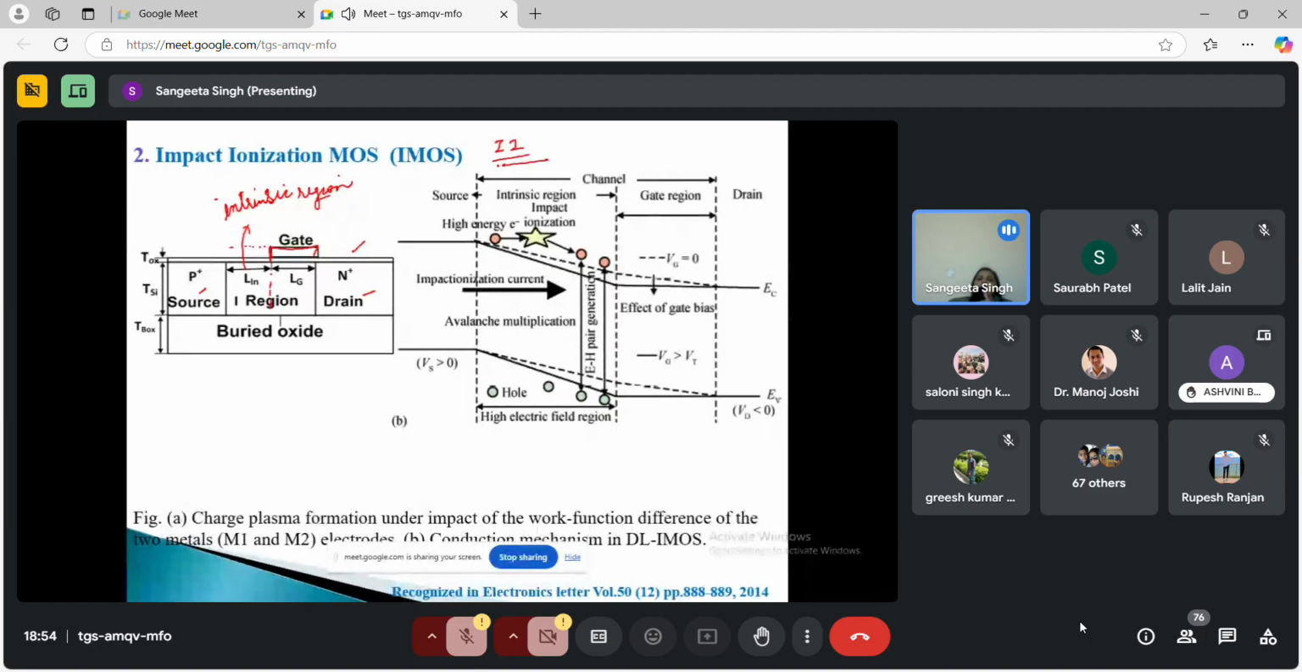Impact ionization gives you a higher drive current. Impact ionization needs a higher supply voltage. These three things can be inferred from this slide. Then the fourth thing that is very crucial is, with impact ionization it is very tough to get a reversible and safe area of operation. That is why